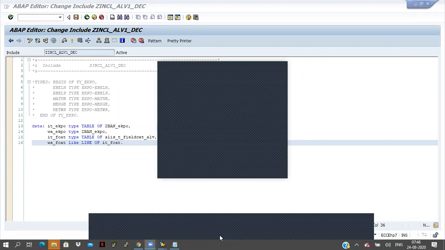My doubt is, you have created one type group, so you are using that type group ZBAN. If you had not created ZBAN, you would be using only the type group SLIS in the program, and you would not use ZBAN. No, we cannot use it like that. Only if we have created it do we use ZBAN.